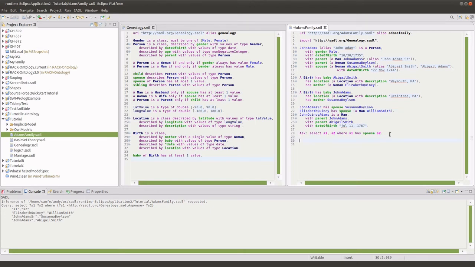Our second query question is to find all instances of person, and if known, their gender, date of birth, location of birth, and spouse. So again, we're going to do an ask. We're going to use a Sparkle query in this case. So we want to select, and we want to know the person. So I'm going to call that variable question P. Their gender, I'll call that question G. Their date of birth, and